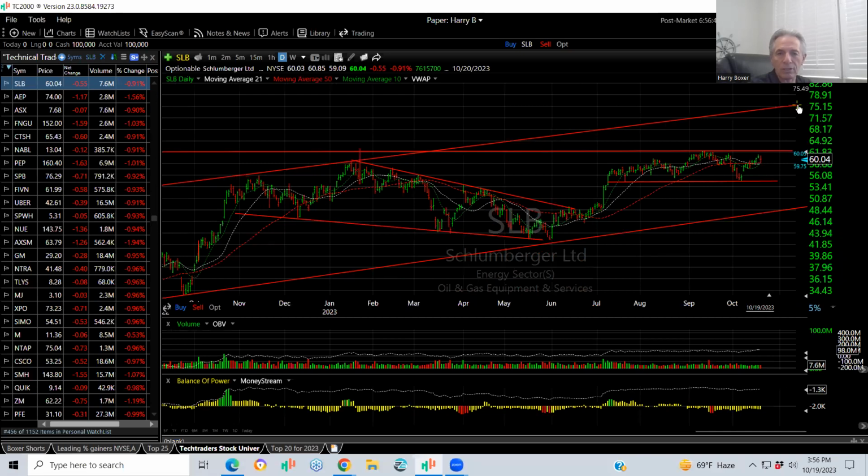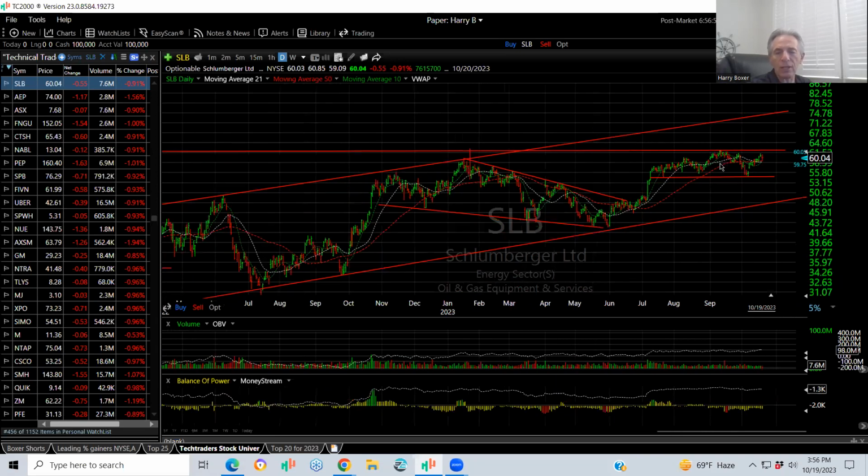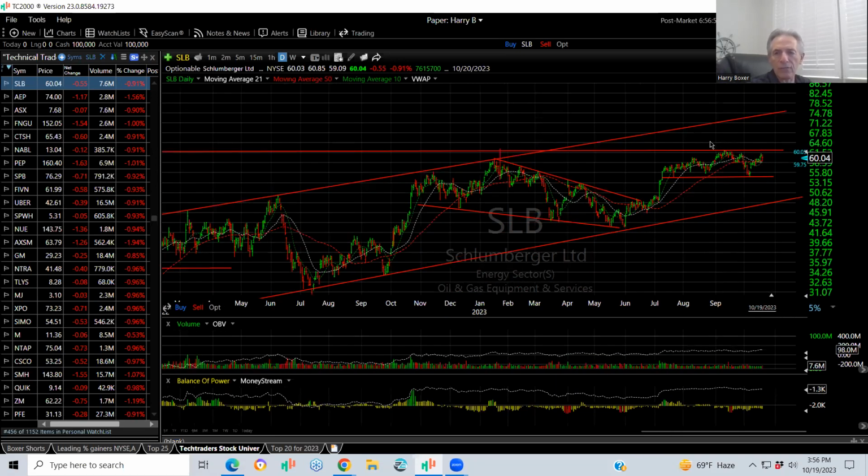You see the long-term rising channel? It's midway right now. This high and these highs in here are resistance. So why not wait for resistance to be taken out with a thrust and maybe this thing can get going? Since it's oil and gas, I think you might get it. Look for 12 to 15 points on this stock over the next few months in terms of potential.